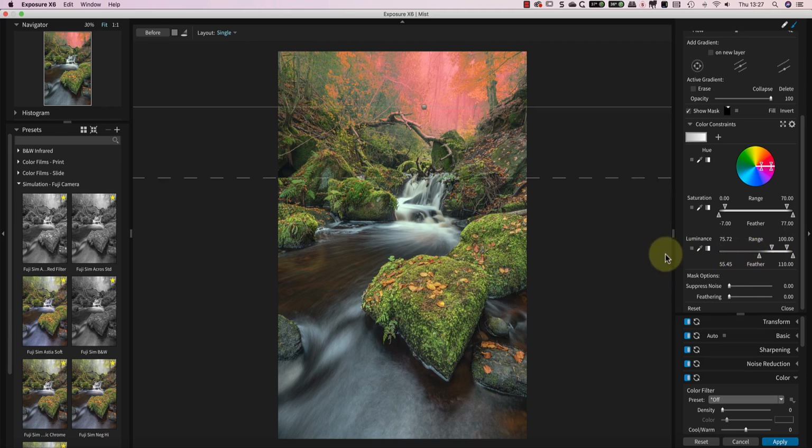Unfortunately, it hasn't created the selection I'd hoped for, so I'll use the hue controls now to refine it. This allows me to avoid the yellow of the leaves in the trees to the side of the image.